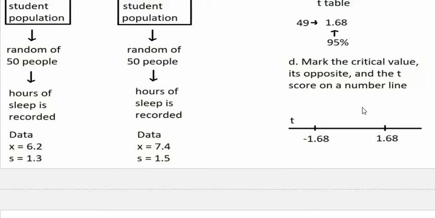So you're either going to confidently conclude that the mean of population 1 is lower, the mean of population 1 is higher, or say that you're not confident that there's any difference between the population means, depending on which area